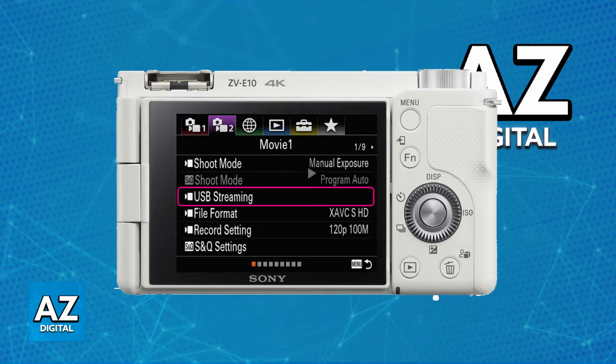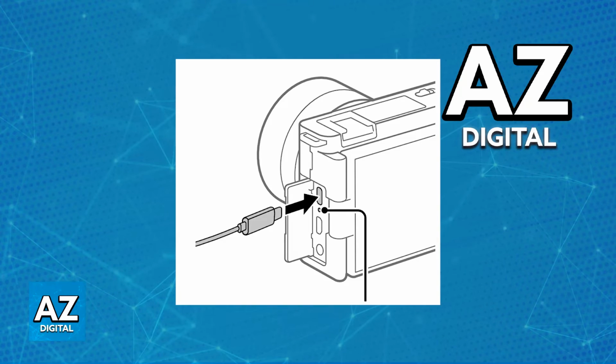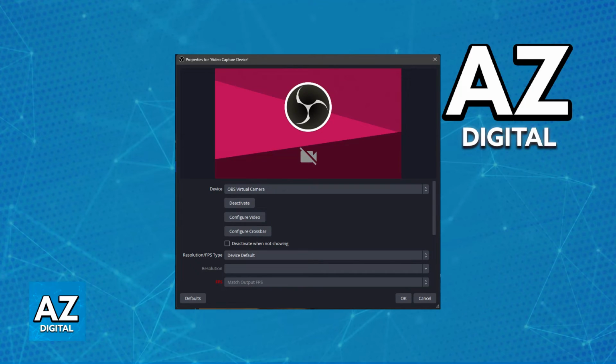So just make sure that USB streaming is toggled on, and now go ahead and connect the camera. To do this, connect the ZVE10 to your computer using the USB cable that I mentioned. The computer should automatically recognize the ZVE10 as a webcam, and you can just try going ahead and opening up any video software such as Zoom, Google Meet, OBS, and you should be able to find it under the available